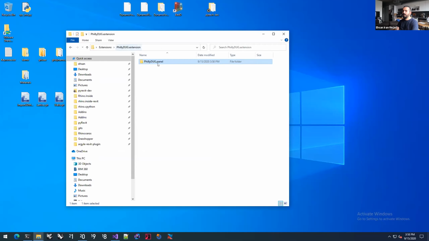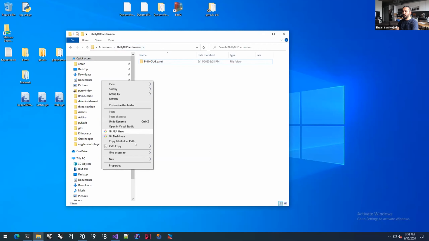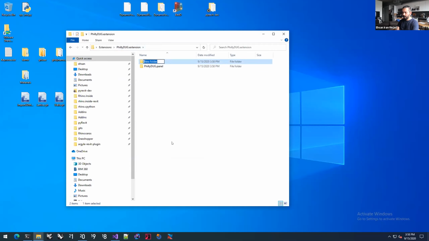These are called pyRevit bundles. So they have a name and they have an extension, and the extension is really important. That's how pyRevit knows what you want to create. So this way it knows that you want to create a pyRevit extension. You want to create, I actually forgot the tab in front of it. You want to create a